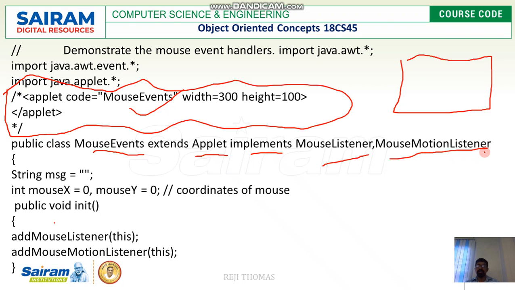At the same time, it does not implement Applet, it extends it. Applet itself is a class. Initially we have taken a null message. Here x and y give the coordinates of the mouse, and there is a method called init, which is used for initializing purposes.